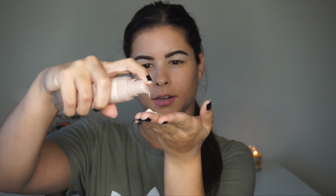I don't know how much to use. Okay. I was expecting it to be, I don't know. I think I was expecting it to be more drying because it is matte. I feel like it's very moisturizing. Is that weird? Even though it's pro matte. Even though it's matte, it's a more creamy consistency, because normally matte products are more drying and they tend to get tacky really fast. But this isn't. I feel like this is very...